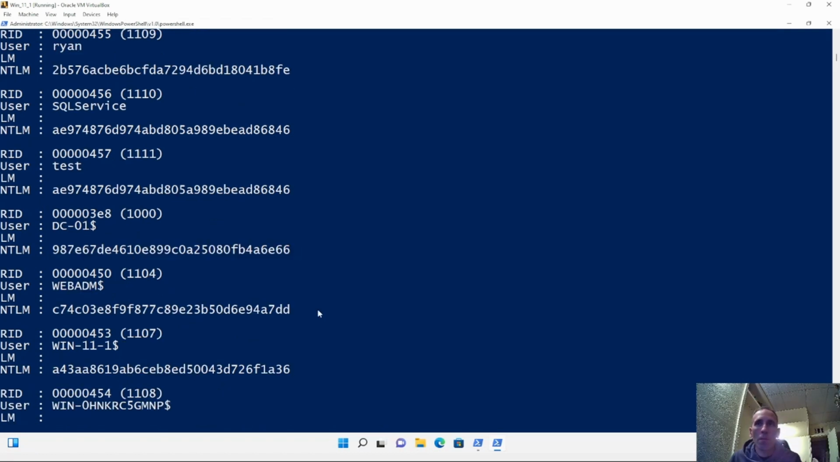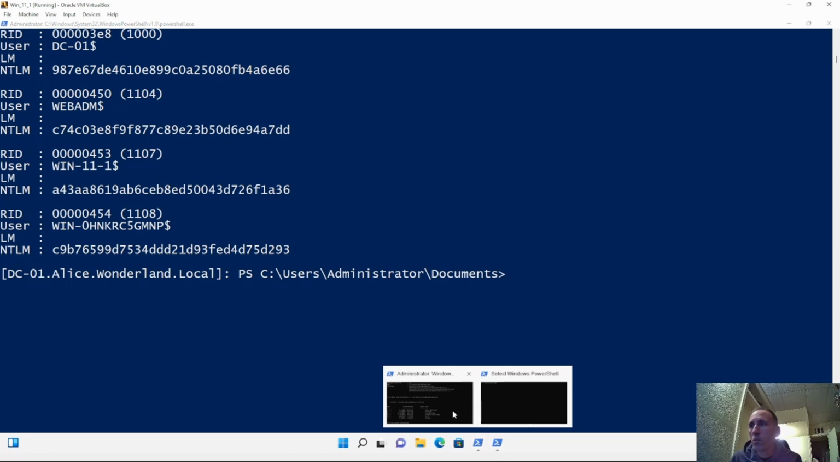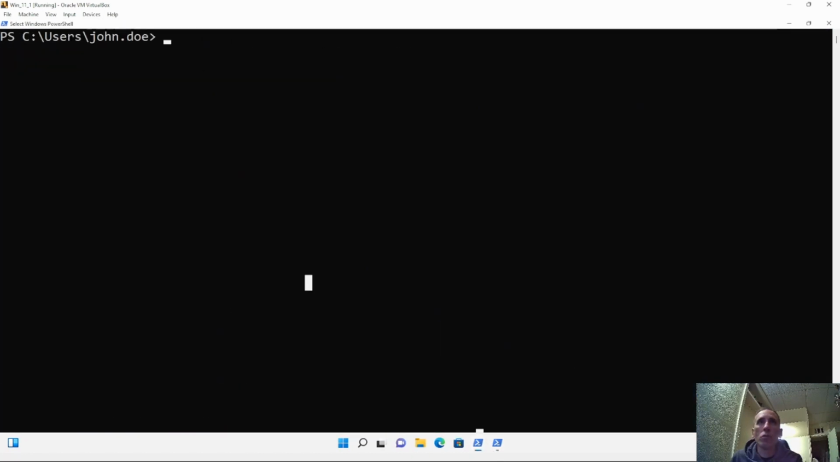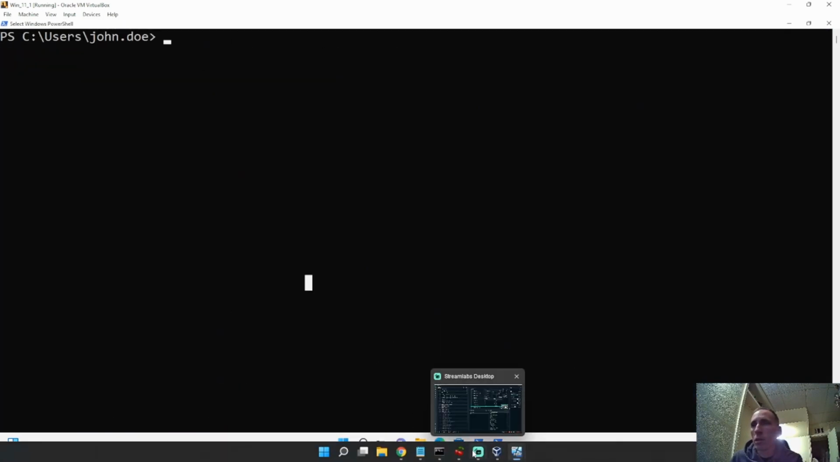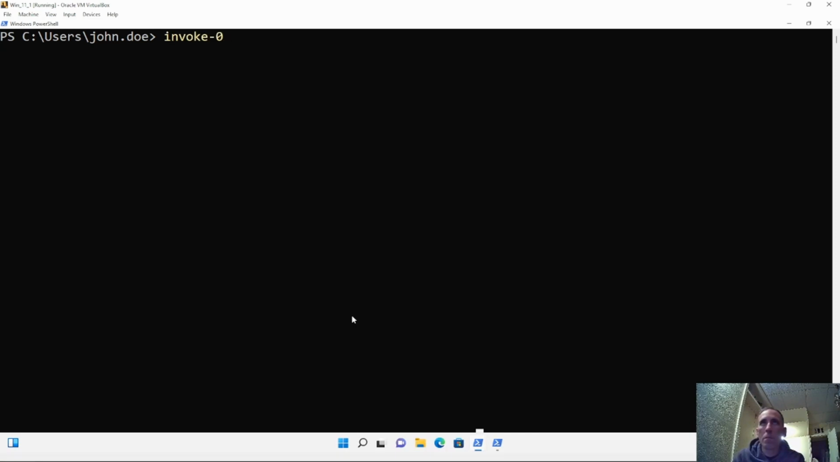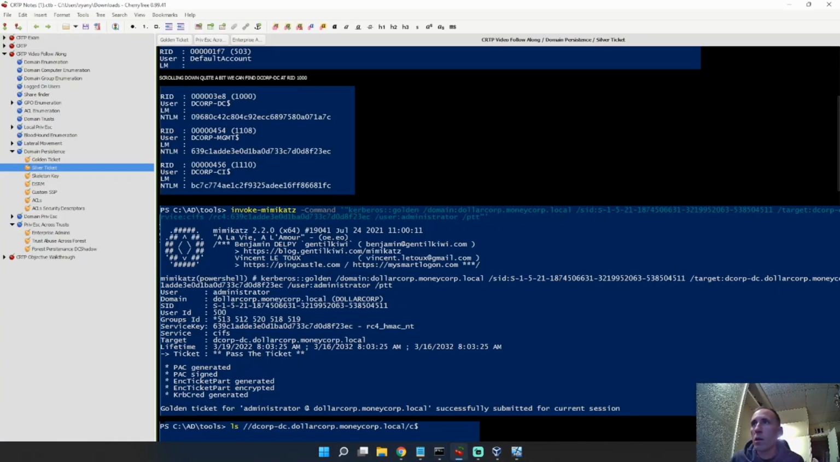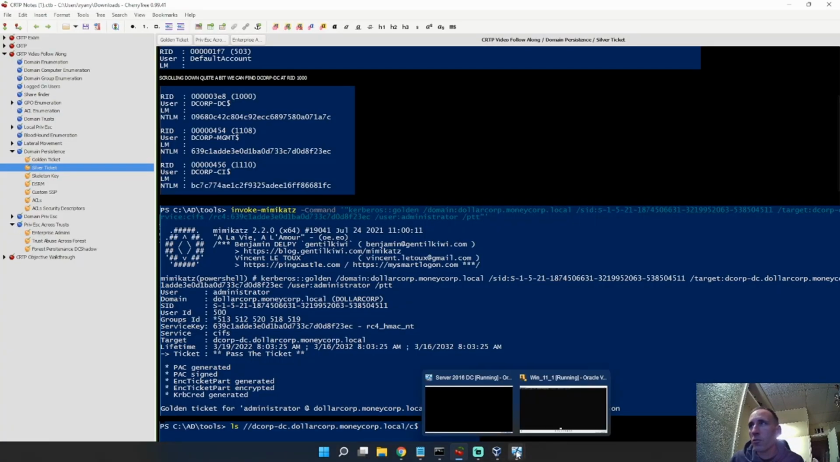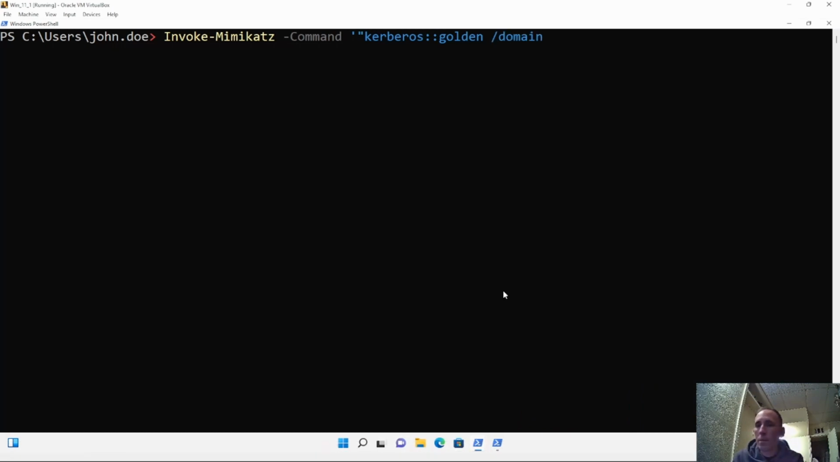There we go. Okay. So this time what we're going to do is let's go back to a non-administrator shell, right? And let's go ahead and do invoke mimikatz. Okay, that command, right? Kerberos. It's going to be called golden again, even though it is a silver ticket attack. We're going to do golden again, okay? That's just how the syntax is for it. Domain, it's going to be